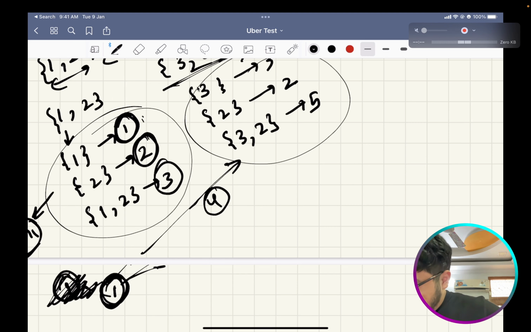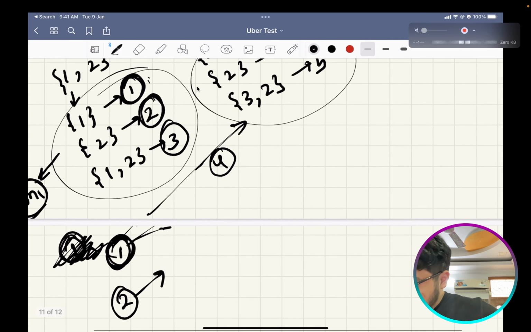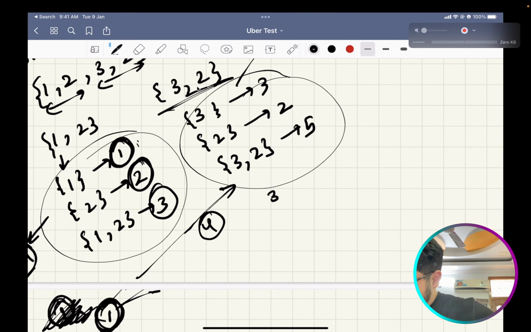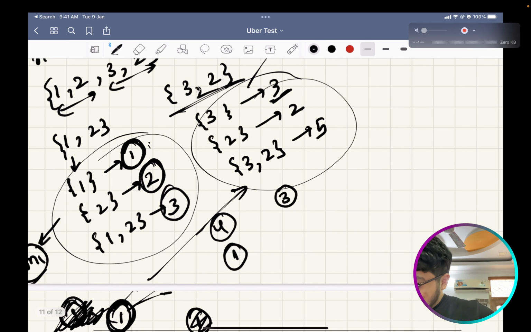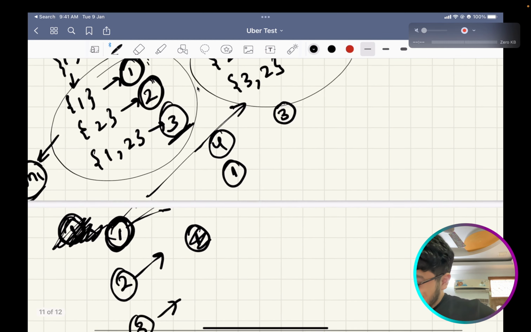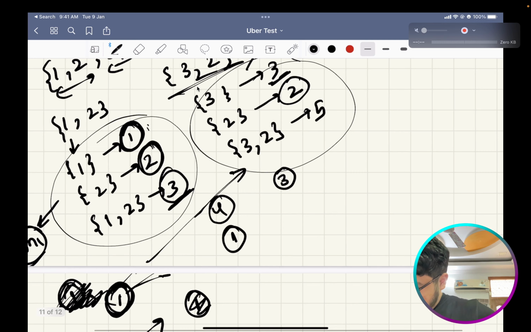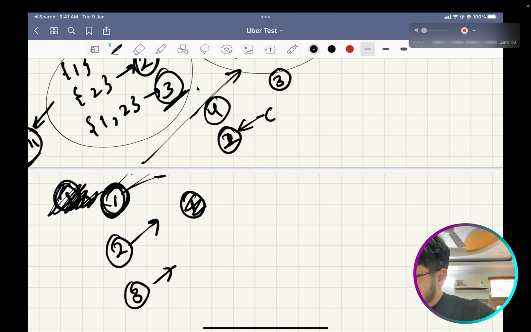Now let us look at 2. For 2 we would require the second sum as 3. So 3 is present, so we would increment our answer by 1, so our counter would be 1. Similarly for 3, we would require a subset sum of 2, so we would increment our counter again, so the counter would be 2.